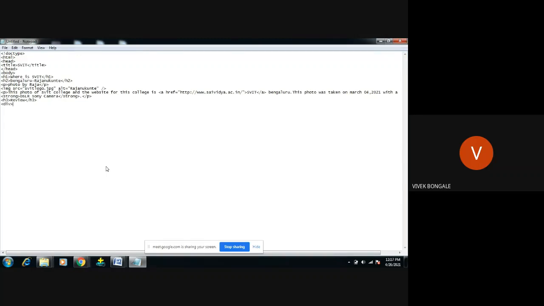Why do we have to use the division element? If multiple people, person A and person B, have given reviews, they should not be clubbed together. Each person's review should be displayed separately. For example, Raj has given one review on this college, that should display separately, and Santosh has given some review, that should display separately. So the division gives the paragraph separately, it displays that particular person, and then uses some gap and displays the other part.